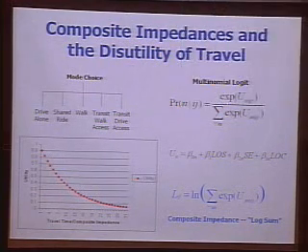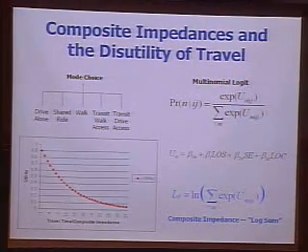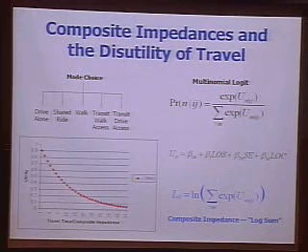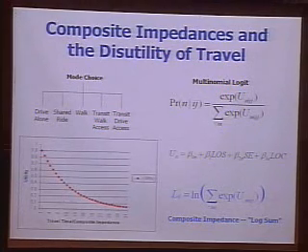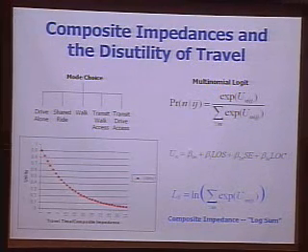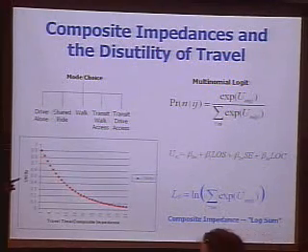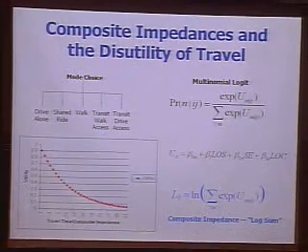All right, this looks dangerous. I'll talk briefly about composite impedances and the disutility of travel because it's a relevant concept to integration with land use modeling. I mentioned the mode choice model, and here's a simple view. There are your modes that you can choose from for this particular trip from I to J. And typically, the state of the practice now is to use a random utility model, which is a probabilistic choice model. And you'll see there on the right, under where it says multinomial logit, you'll have a model of that form.